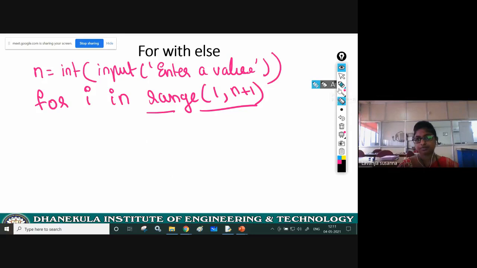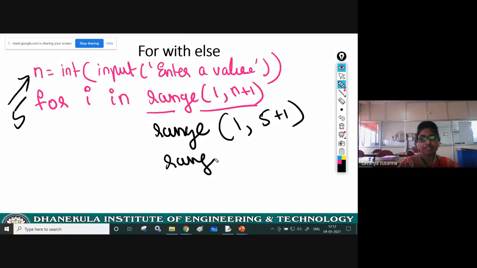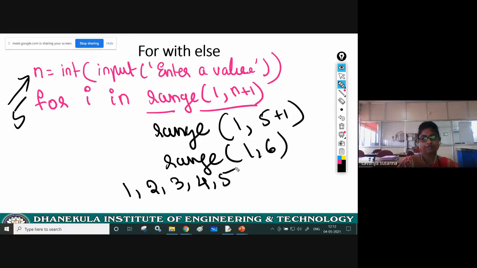For example, I need to find whether a given number is a prime number or not. For example, I have given input n equal to 5 through the keyboard. Range of 1 comma 5 plus 1, that means range of 1 comma 6. Now, how many iterations will you get? 1, 2, 3, 4, 5.